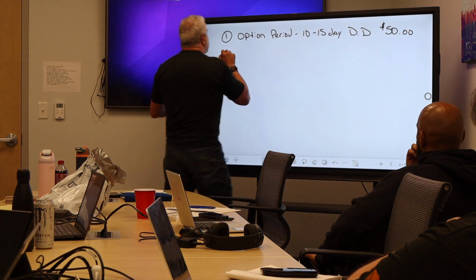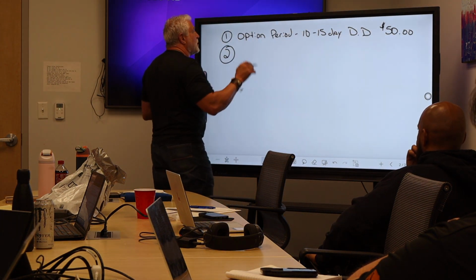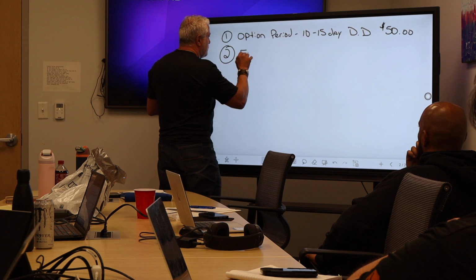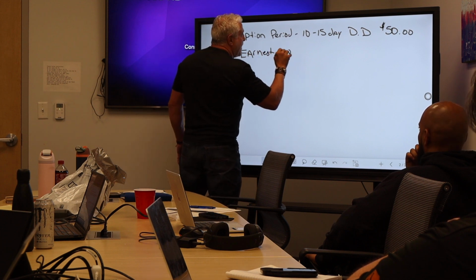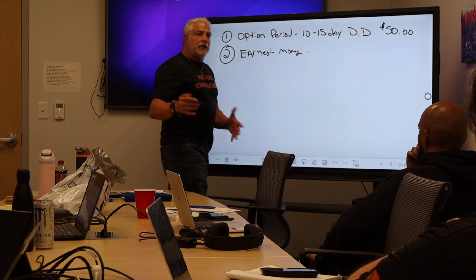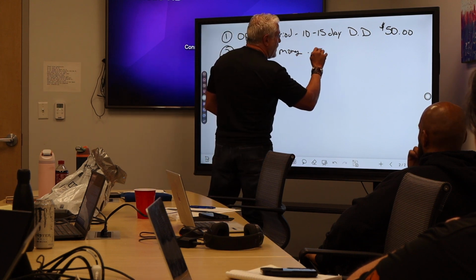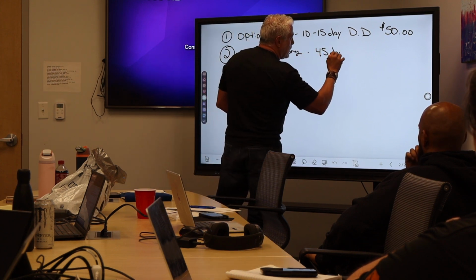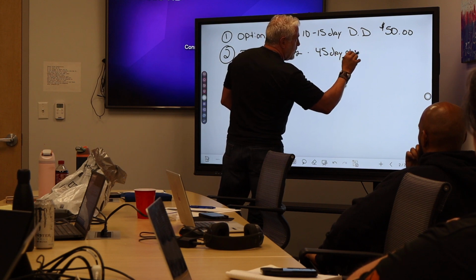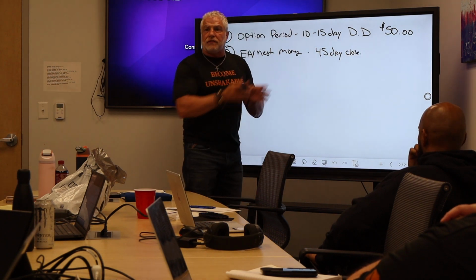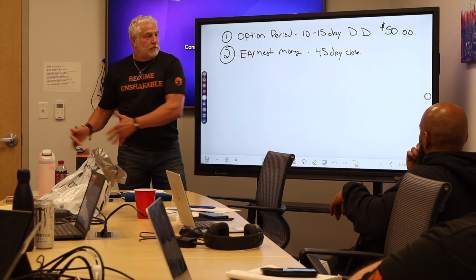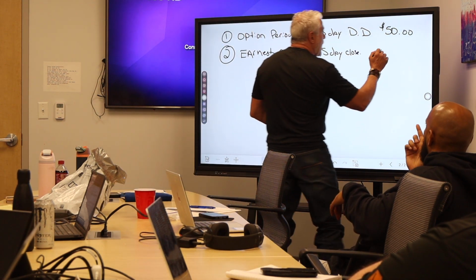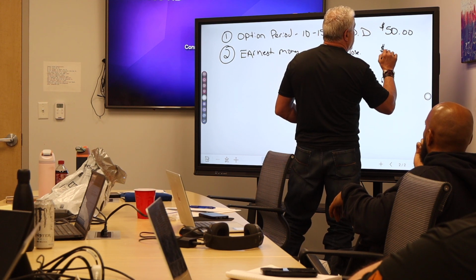The other thing is your earnest money, which ties up the contract. I'm going to put up $500 just for tying up the contract, to make the seller understand I'm serious. And usually this is a 45-day close, which means in 45 days from the contract date, I will close and fund on this property. And for that, you're going to give the seller